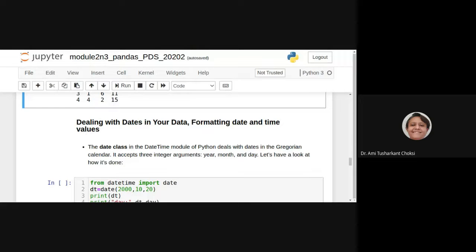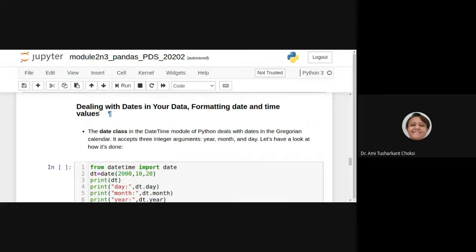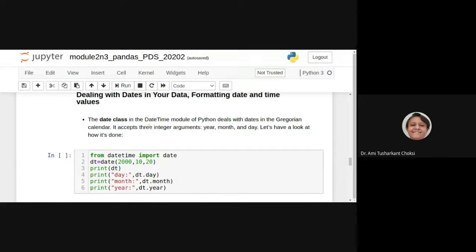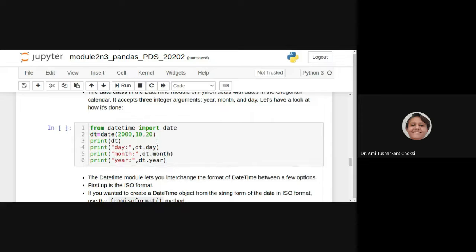Dealing with dates in data, formatting date and time values. So what do we do for that? The date class in the datetime module of Python deals with dates in the Gregorian calendar. It accepts three integer arguments: year, month, and day. So let us have a look at that. From datetime, import date.